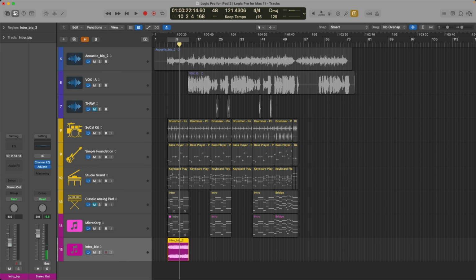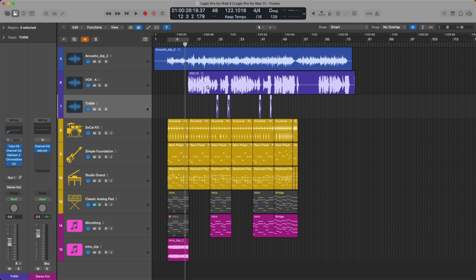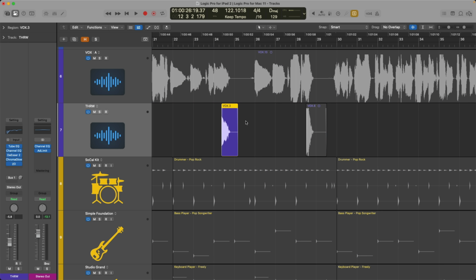There you have it. The microKORG printed, bounced in place in real time as a brand new audio file and region in the project. Beautiful, and this applies as well to outboard gear. In this case, I have a vocal moment using the I/O plugin routed through a guitar delay pedal. If we take a listen,